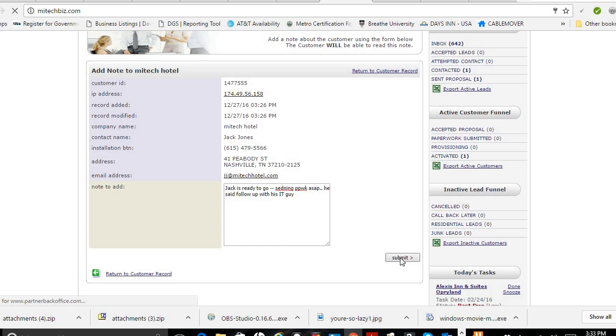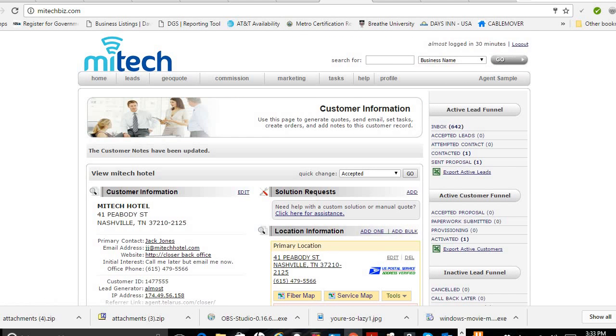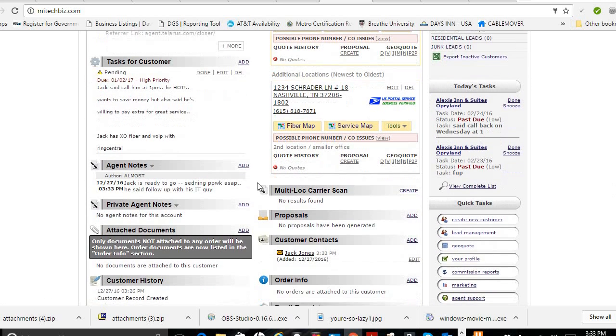Okay. Again, this is just for example's sake, guys, but obviously having notes here and being able to reference these notes, weeks, months, or years later really helps you. If we have to follow up with Jack, we can say, hey, listen, on December 27th, we spoke to you and we were sending over the paperwork. You wanted me to get with your IT guy, so forth and so on,